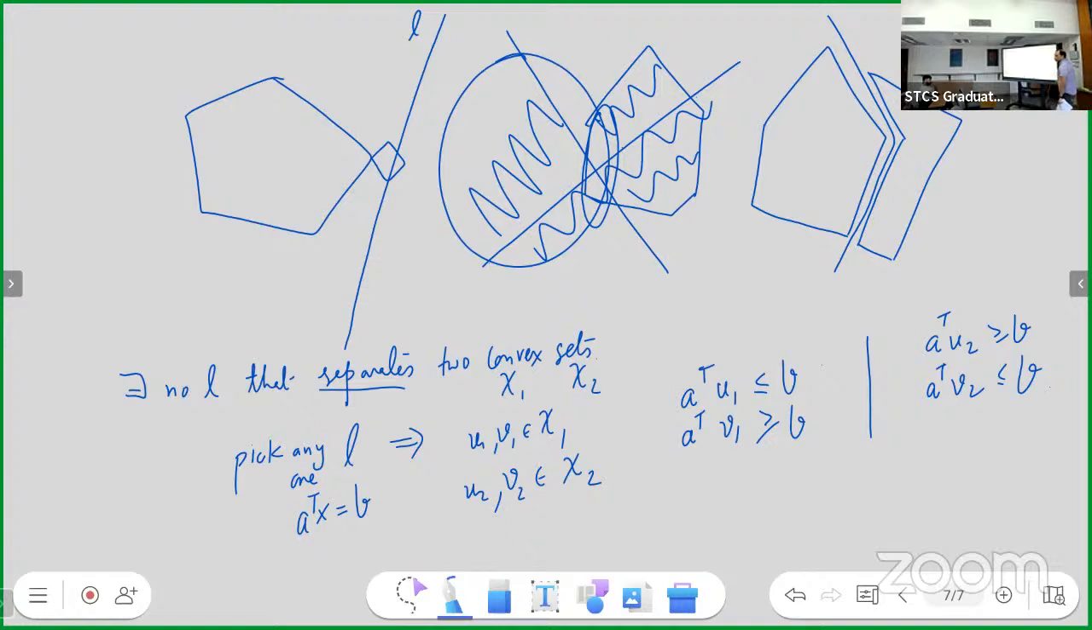The intersection of these planes will lie inside both. But then what are we using the convexity for? Okay. Somebody needs to use the convexity. So then when A transpose U1 is less than B, A transpose V1 is greater than B. The line connecting U1 and V1 must lie inside X1 by definition. Right? Yes. So then